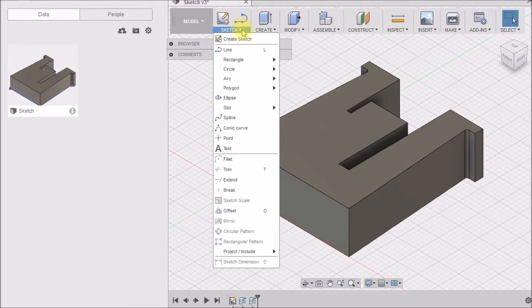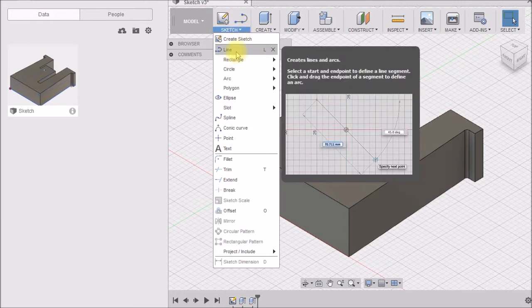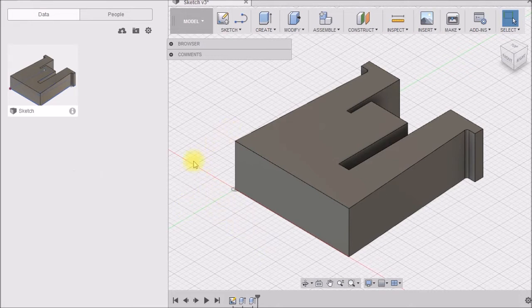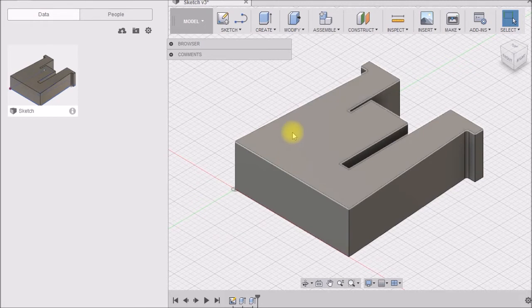So that's one of the features that Fusion 360 does. You can make a two-dimensional sketch like you would on the back of an envelope or scrap of paper, and then you can use that sketch to create a 3D model from. So in this case, I used a line sketch, and I drew that line in the XY plane. That way the part sits down flat on the 3D printer build platform and then extrudes up in the Z